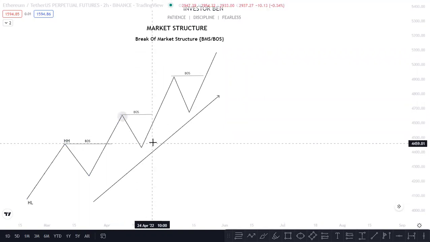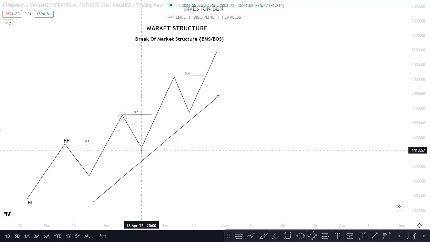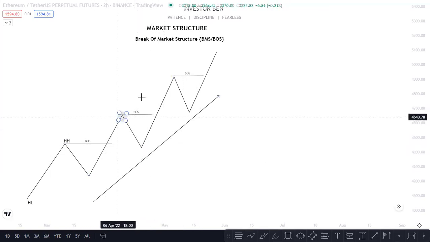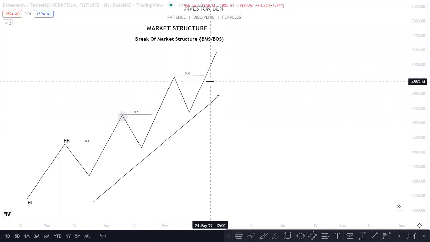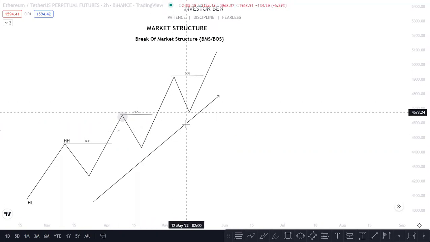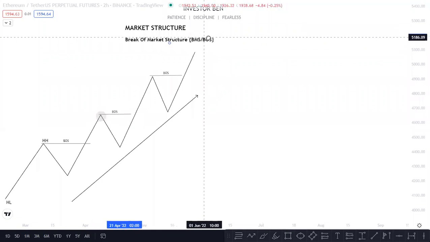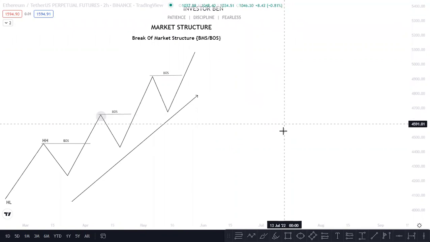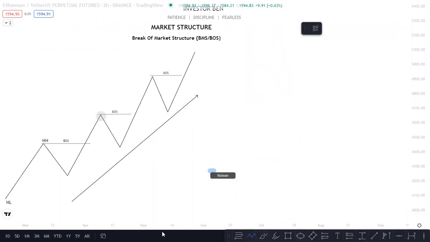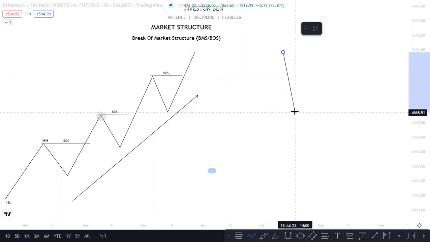But then I don't want to use the term swing highs and lows for today's session. So this is your higher low, right? This is your higher high. So this is your higher high, your higher low. The more we keep breaking structures, the more higher highs and higher lows will be forming in an uptrend. So bringing the reverse for a downtrend structure. In a downtrend, price forms lower highs and lower lows.